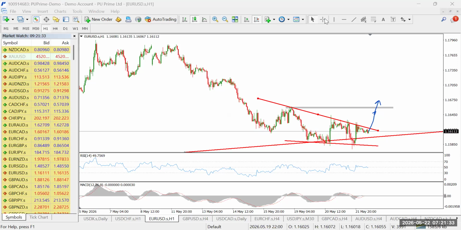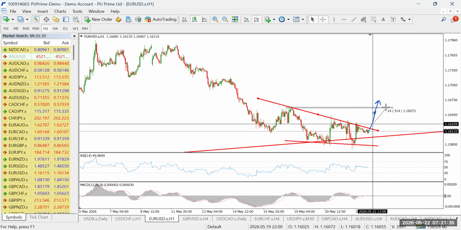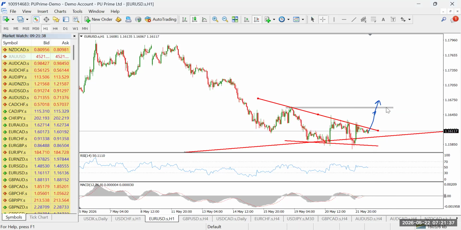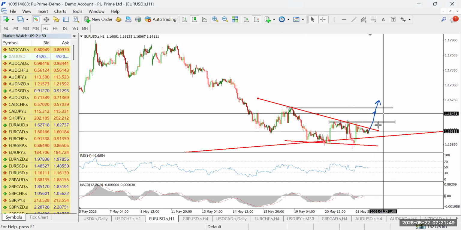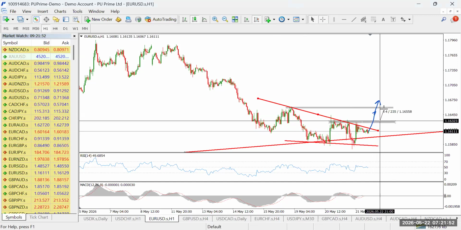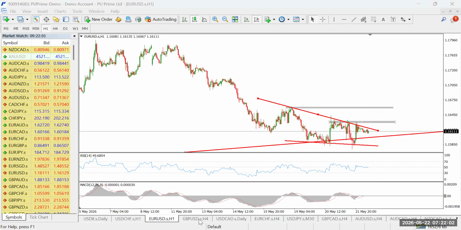So that's a projected price level that I expect price to get to today, and that could give as much as 33 pips, all things being equal, if price is able to make a breakout. I think we need to refine this also. We have a minor resistance up there. If price is able to make a clean break above that resistance, conservatively, we're targeting about 25 pips on the Euro USD. So we're bearish on the USD CHF, and we're bullish on the Euro USD.